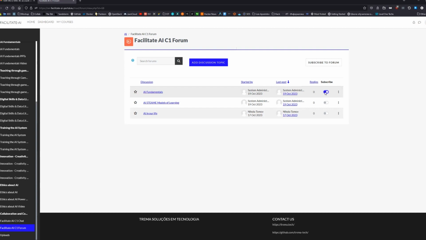If we subscribe to one topic, the system will send us messages if there are new replies or something is changed here. Also, from this menu, we can start the discussion.